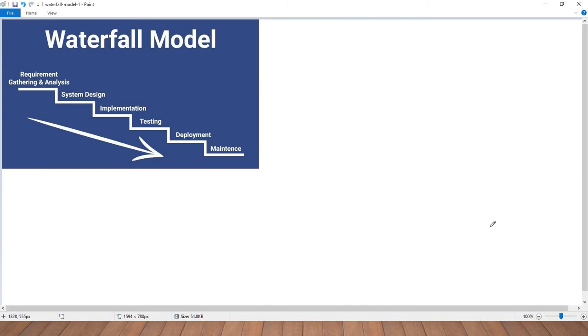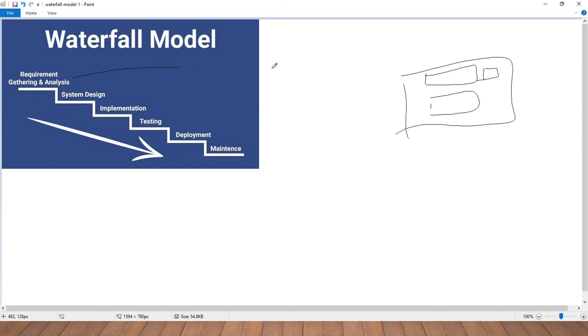Let's assume that a banking company is planning to have a new banking application developed and they have approached your organization for this application. So what's the process we need to follow? With the help of these waterfall model stages, we'll see how we can develop a banking application. We need a banking application. So what do we need first?